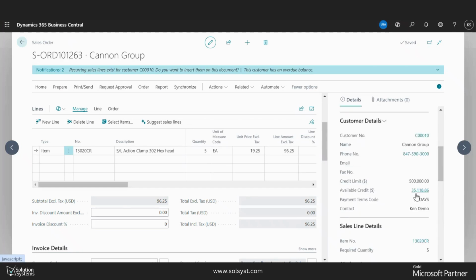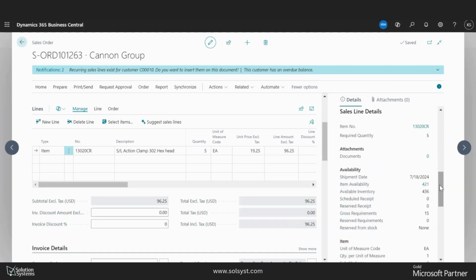I also get presented with specific pieces of information about this customer, maybe their phone number, their credit limit, available credit, and other relevant information, as well as item availability and information. So for this item here, you can see that I'm requiring 5 on this order. And then if I look down at availability, we have 421 currently available for